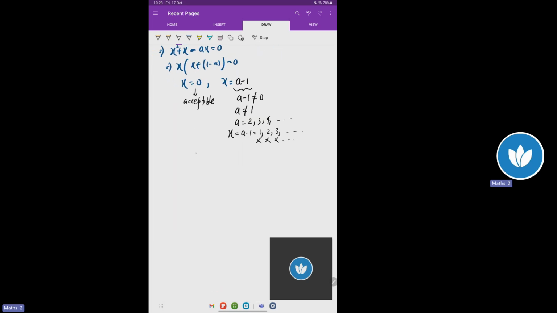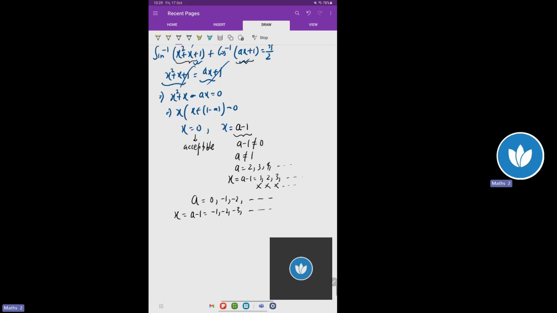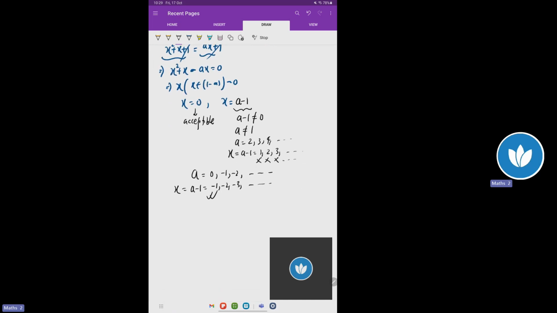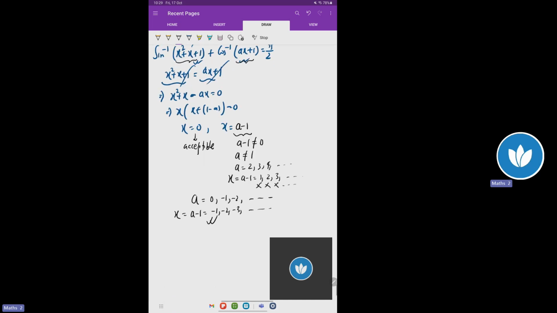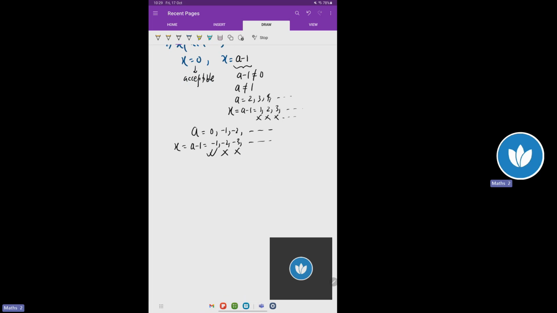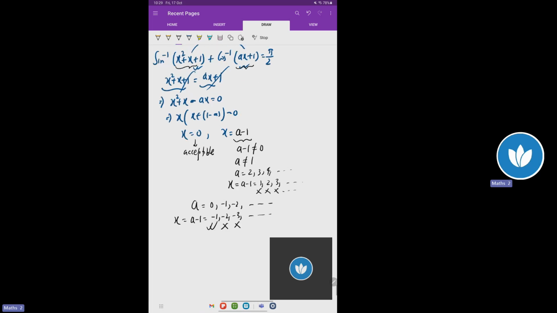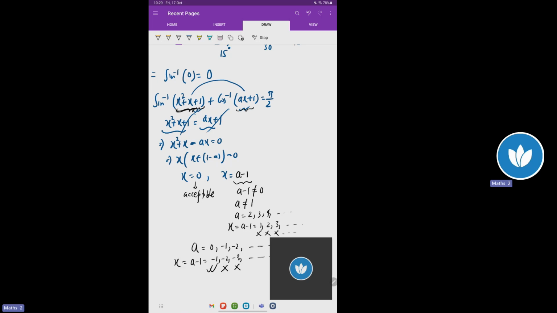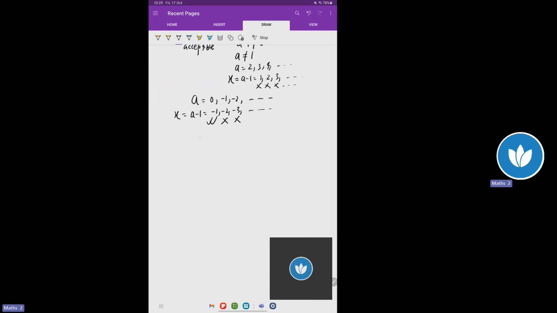Okay, now let's see, can we take a value less than 1? That is 0, minus 1, minus 2. If we take a as these values, what is a minus 1? This is minus 1, minus 2, minus 3, all these things. Now if you see, is minus 1 okay to us? Answer is minus 1 is okay to us. But is minus 2 okay? Answer is no. If minus 2 is not okay, minus 3 is also not okay. You can check now. After putting this, it will go outside the range of sine inverse. So only one value is accepted here, and in this case a equal to 0 is the only one permitted. Okay,